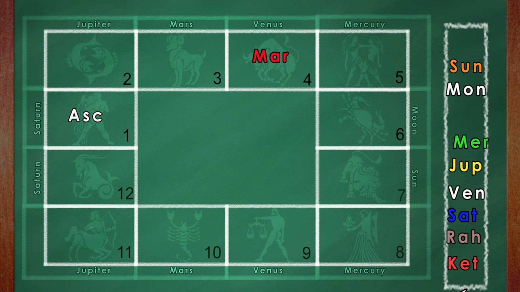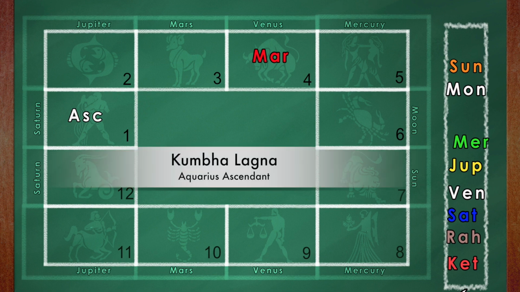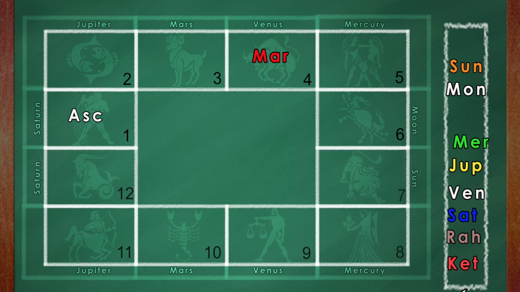This is for Kumbha Lagna people, Aquarius ascendant, and you have Mars in the fourth house. This Mars is less likely to give the negative sides of Mars being in the fourth because Mars is in the sign of Venus, a natural benefic, and therefore Mars will soften up a great deal by being in this kind of house, like the house of Venus or Jupiter. But there is nothing more special about Mars being here.